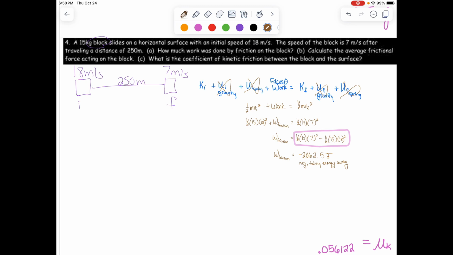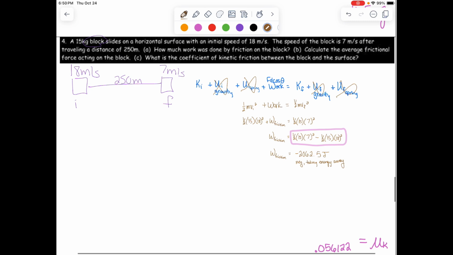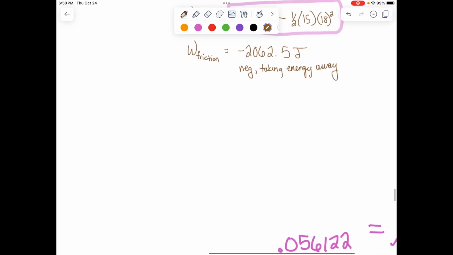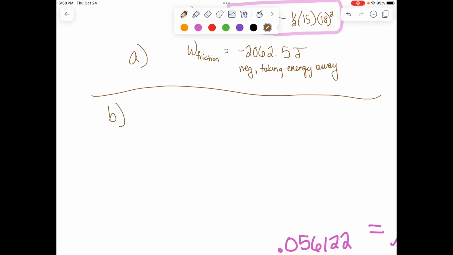There it is. That was so distracting. Calculate the average frictional force. You ready for this? Well, here's what we know. There's part A. Another part? So we need to know the average frictional force. Well, you need to know that